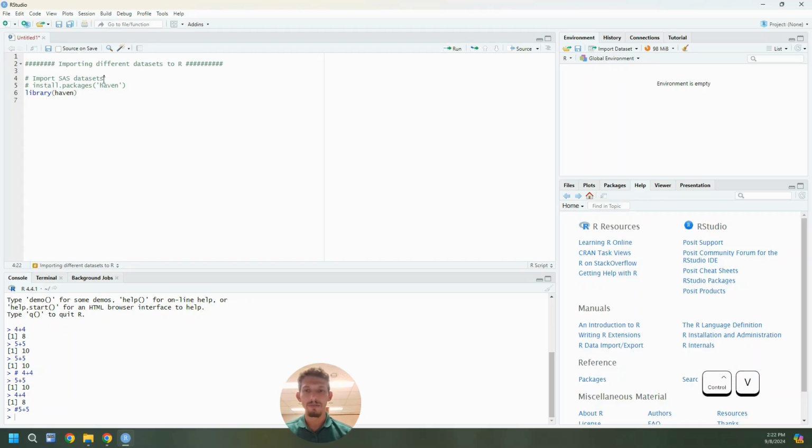So from SAS, or for importing data sets from any other package, you can see right here, you have to install some packages on R to be able to do that. And after that, you have to call them with the library. Because I already installed, I comment this out, so I don't want to run that. So you might have to run this, otherwise you're going to have an error when trying to import data sets